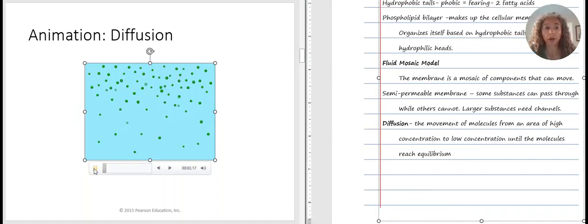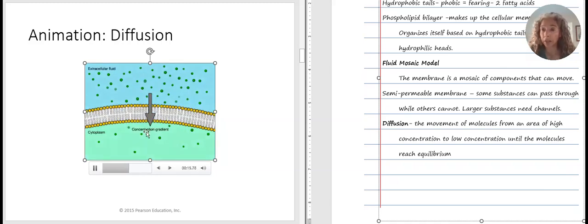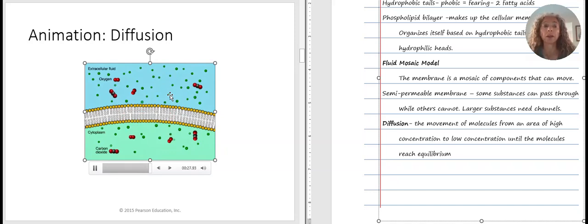On this little video clip, we can watch the diffusion of these molecules. At the very beginning, you can see that they are more concentrated at the top, and then through time, they will diffuse from this high concentration to lower concentration until they reach equilibrium. And this is called a concentration gradient. When you have areas that are more concentrated than others, that creates a concentration gradient until those molecules are evenly